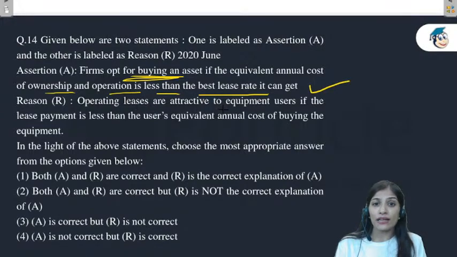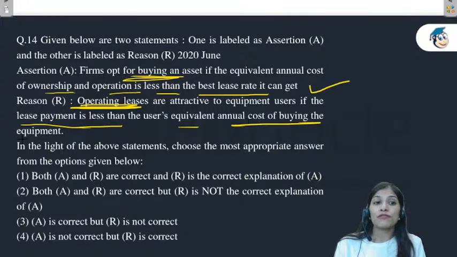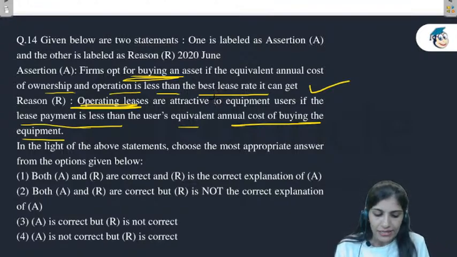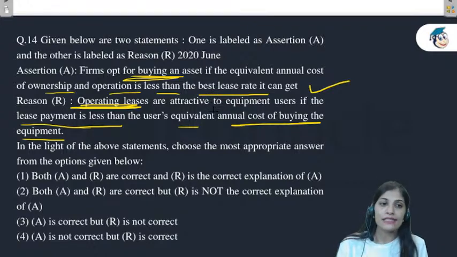Operating leases are attractive to equipment users if the lease payment is lesser than the user's equivalent annual cost. When is an operating lease used? When the lease payment is less than the user's equivalent annual cost of buying. Then it is useful. It is the correct statement, but it is not the correct explanation, right? So the option number